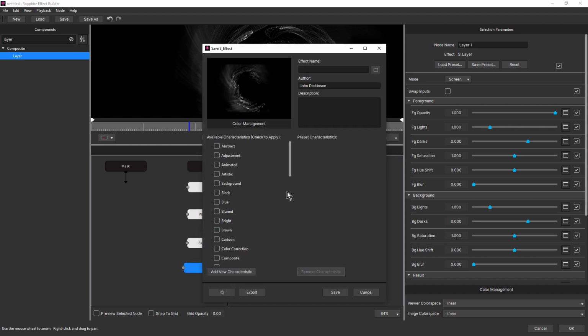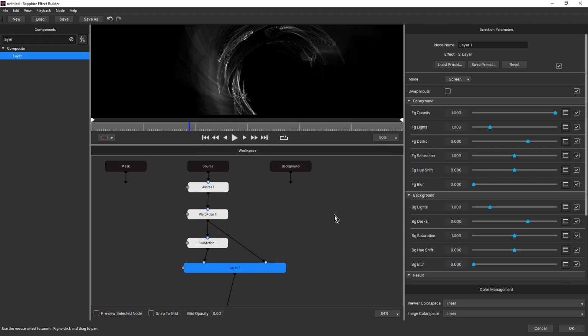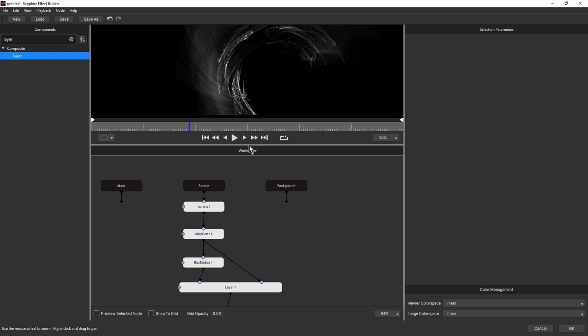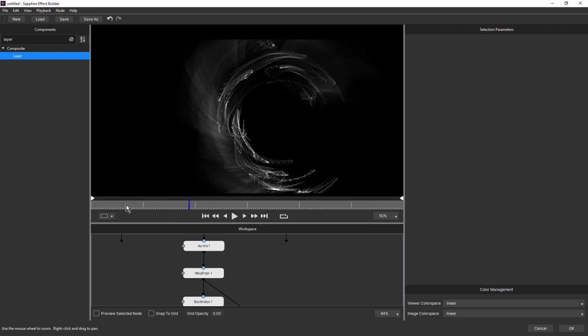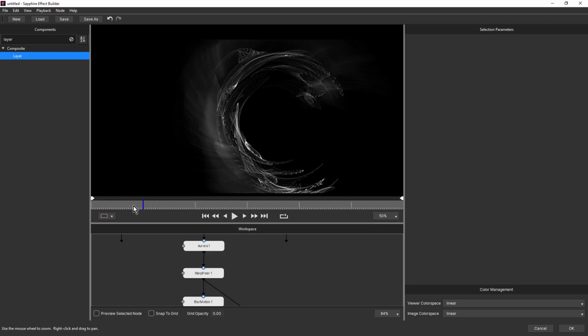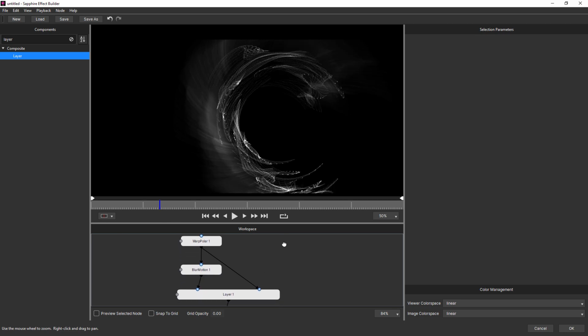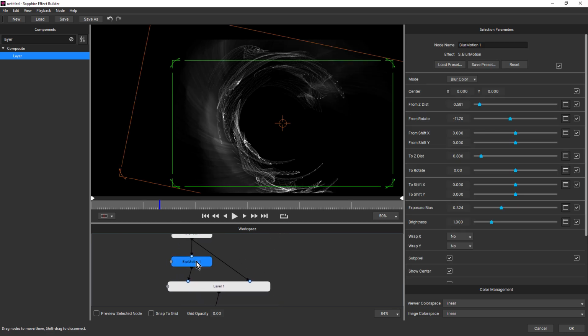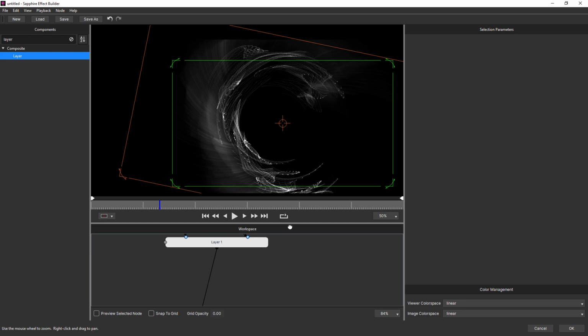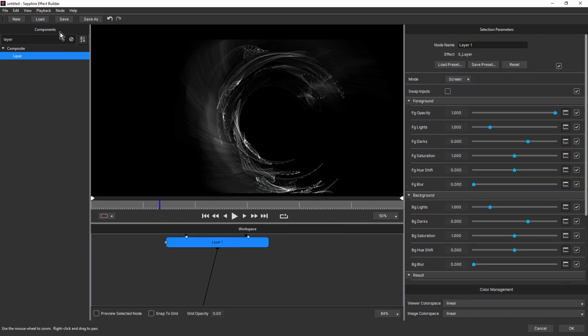Just do a quick save. I'm just going to type in working for this. So it's starting to look quite interesting, isn't it? Why don't we add some color? So we'll just select layer. I like to colorize using gradient, specifically gradient radial.